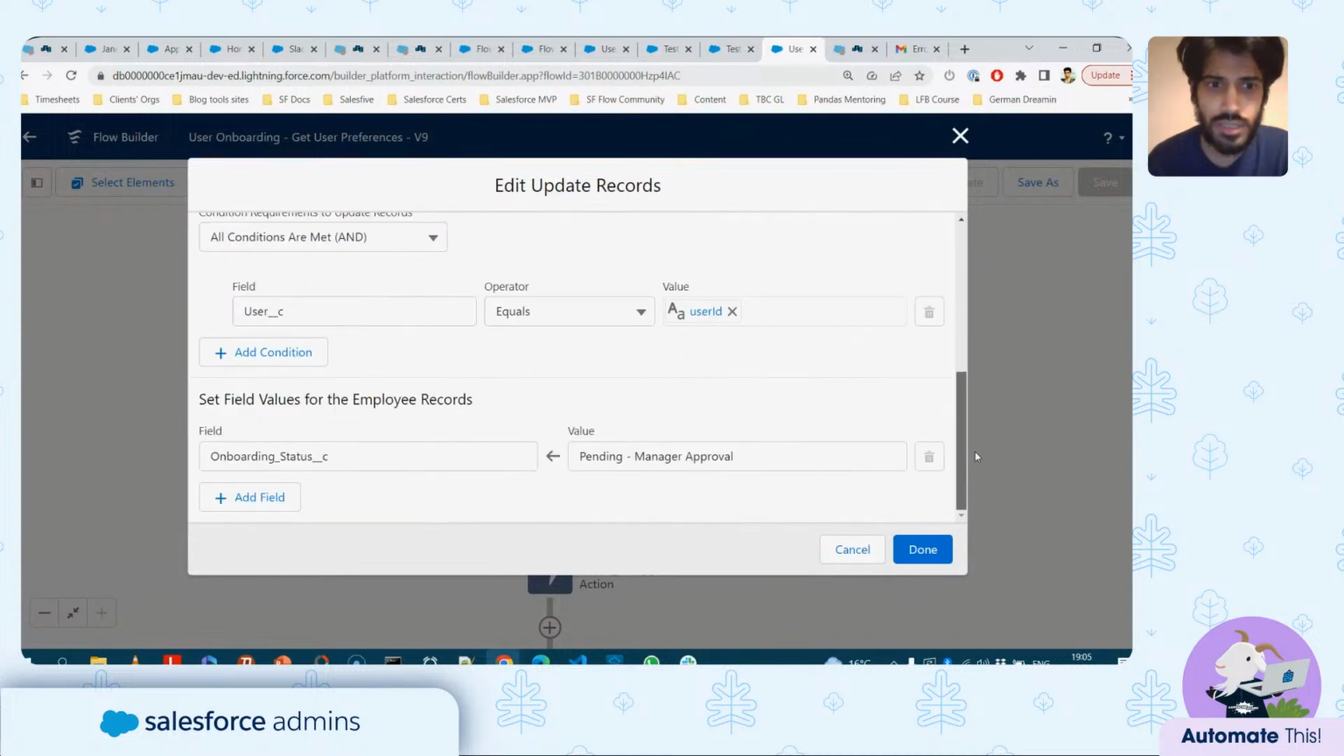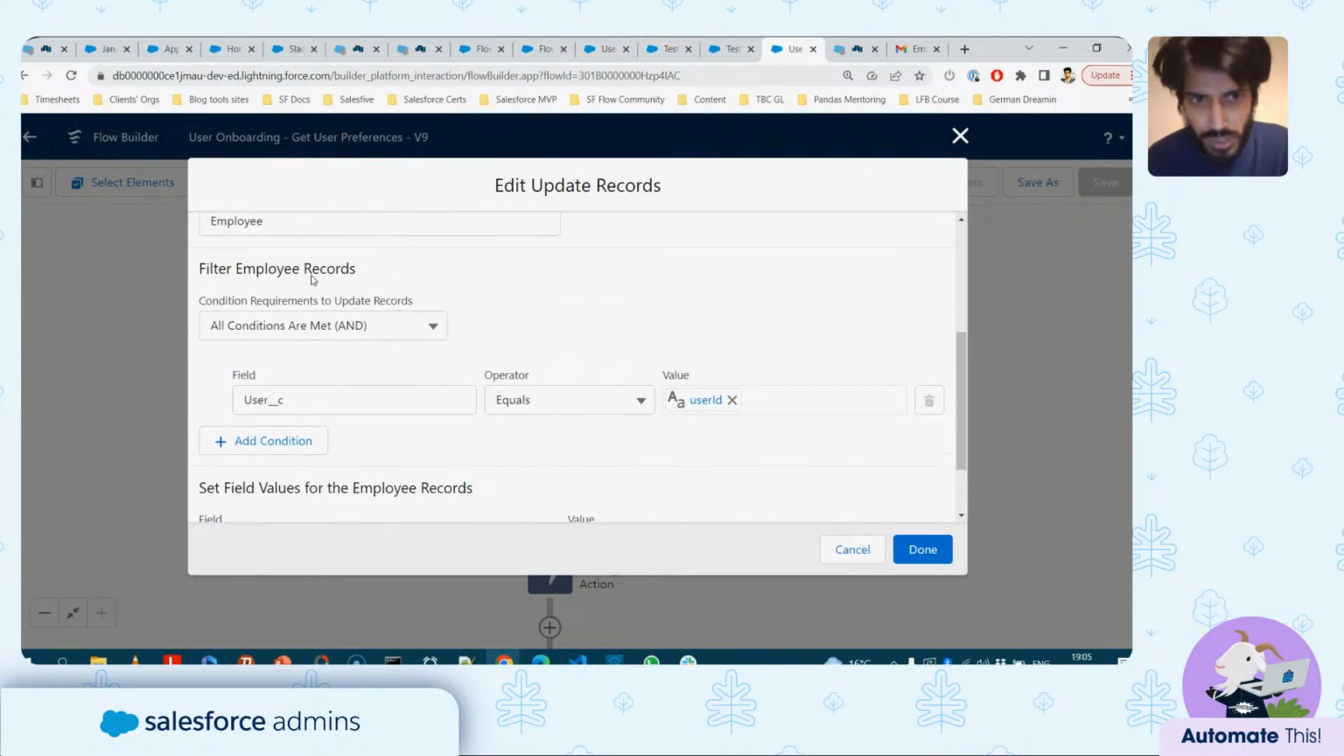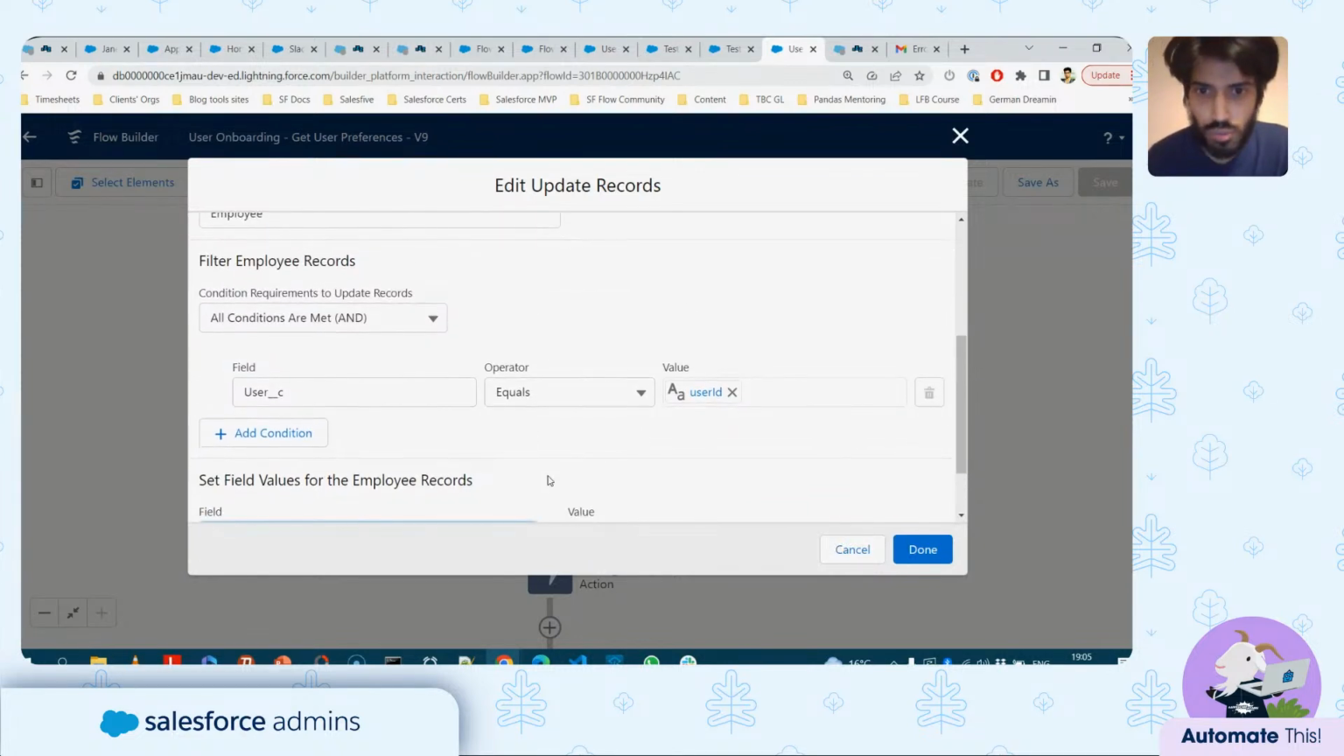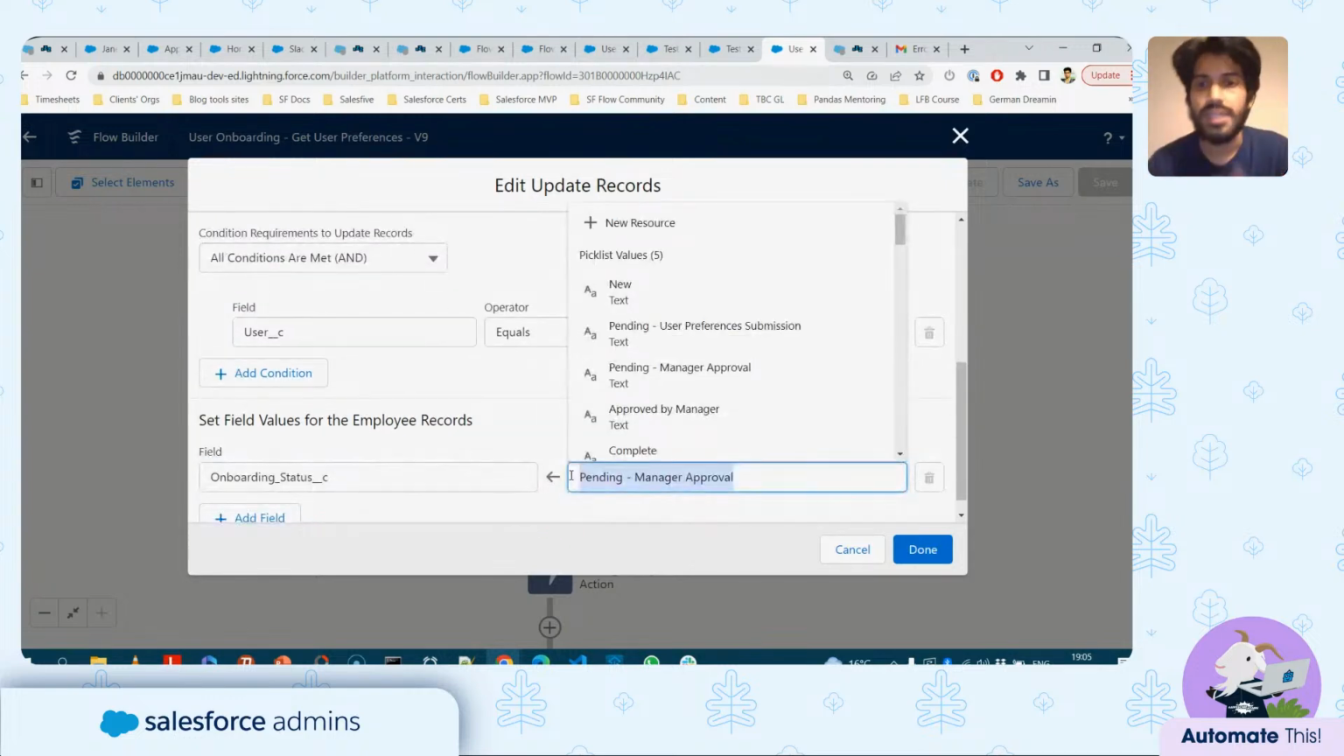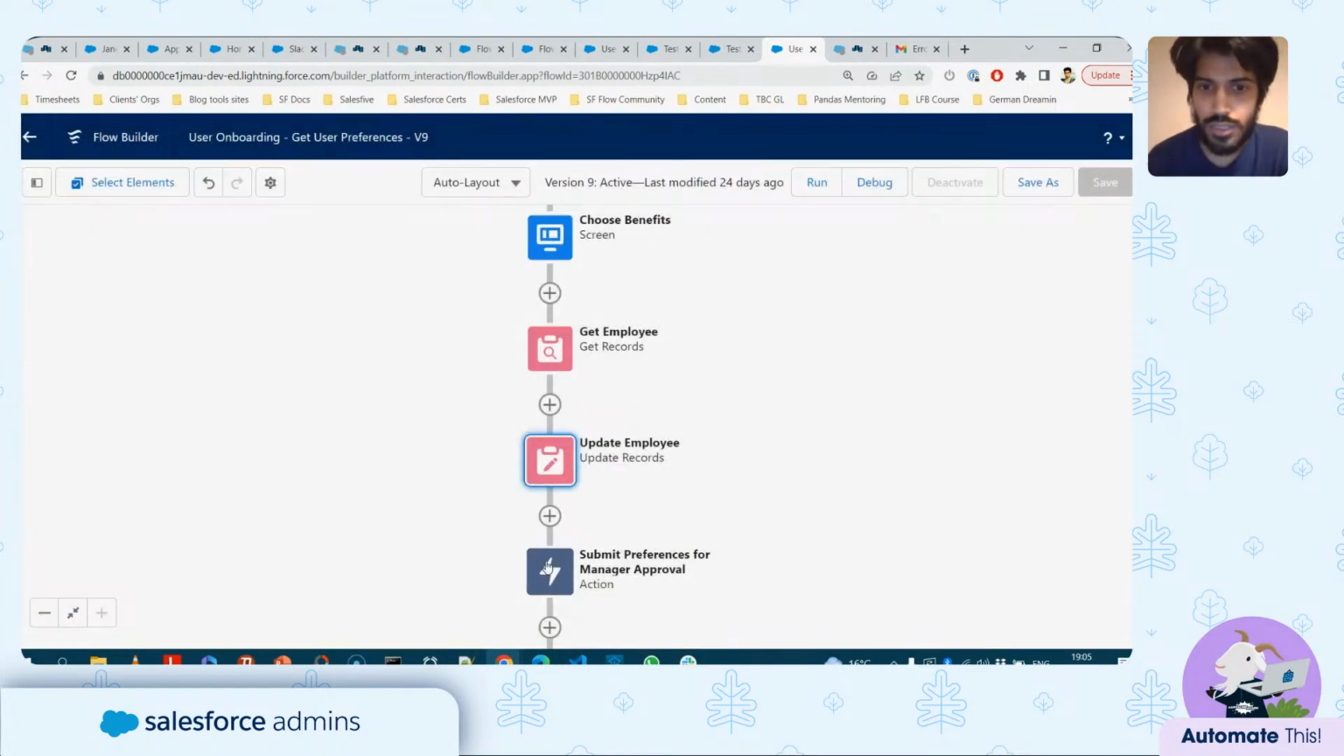So here we are just setting the fields, and we are setting the onboarding status of the employee record to pending manager approval. This will basically initiate a submission for approval. We submit this record for approval, and once this approval request is sent to the manager of the user, what happens is,